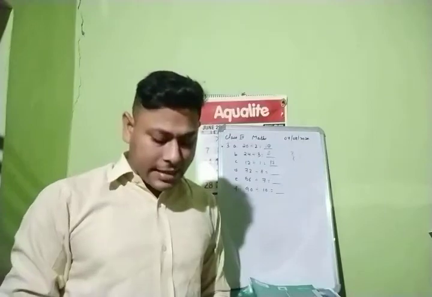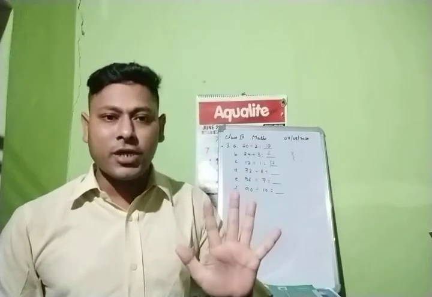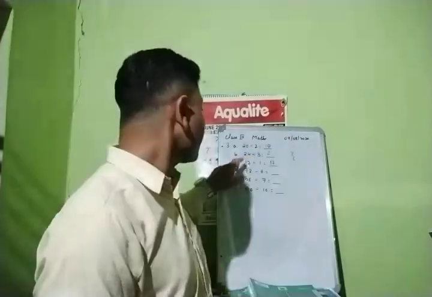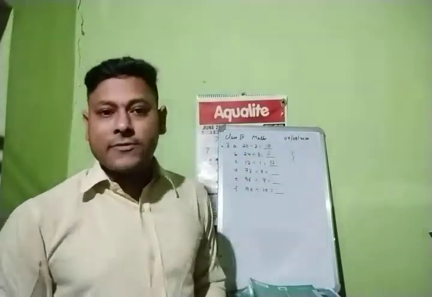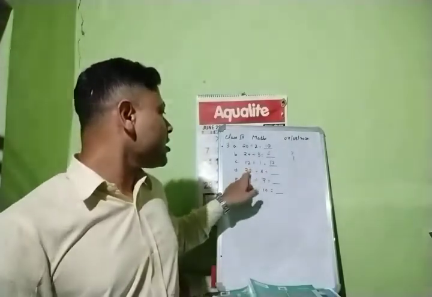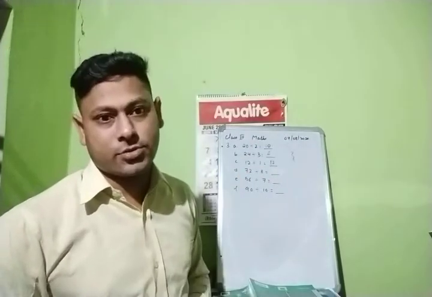8 ones are 8, 8 twos are 16, 8 threes are 24, 8 fours are 32, 8 fives are 40, 8 sixes are 48, 8 sevens are 56. What is here? Oh, sorry. 8 sevens are 56, 8 eights are 64, 8 nines are 72. What is over here? 72. So 8 how much are 72? 8 nines are 72. Right?